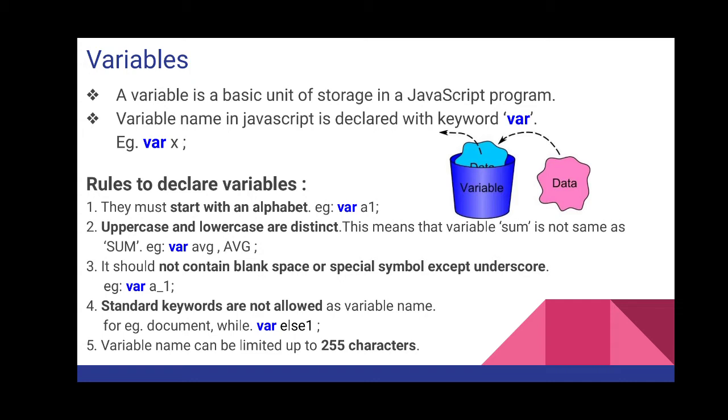So if I want to take a variable, suppose variable x, in my JavaScript program, how do I take it? I need to use the keyword var, and I have to give a name to the variable, because how will I understand what my variable is? So var space, whatever name you have to give to your variable. Currently my variable name is x, and after that there is a semicolon.